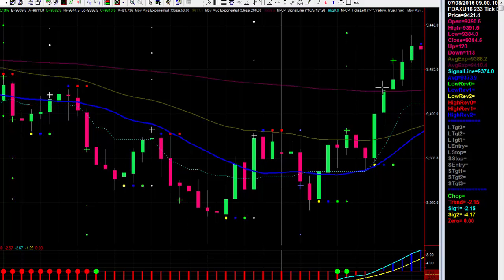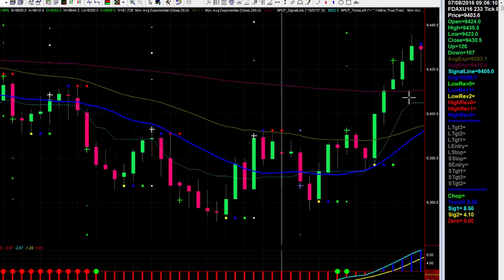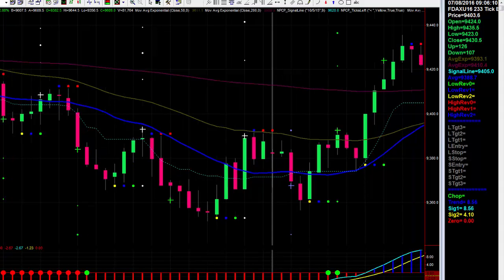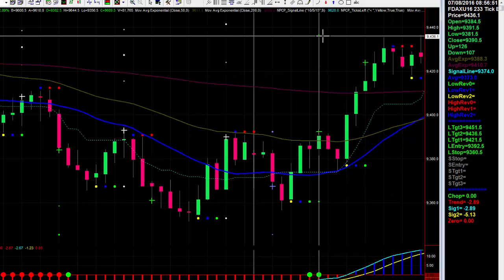On the other hand, the signal line's done a good job of moving higher, and you might just want to stay with the trade. Again, this is the kind of thing that every trader is going to do differently, but the more you trade, the better you get at it, and the more you start to trust the strategy. It ultimately does push higher. It does hit the target perfectly,